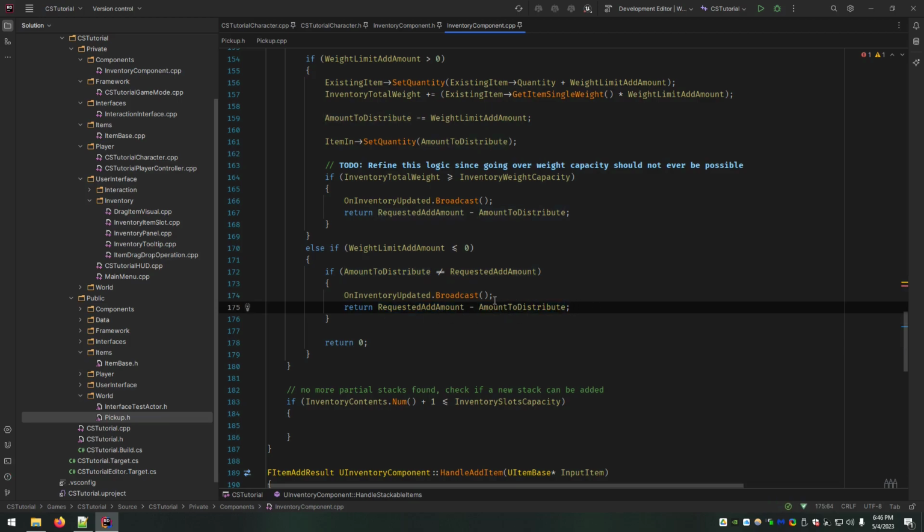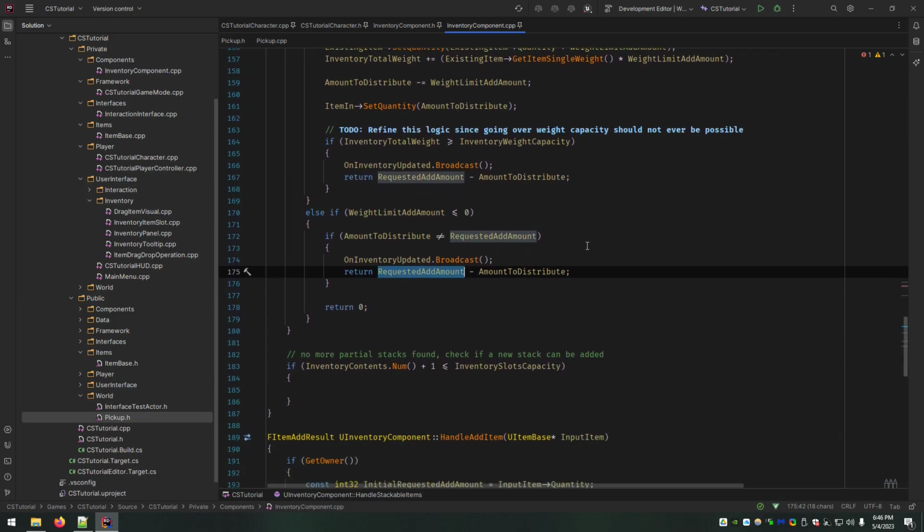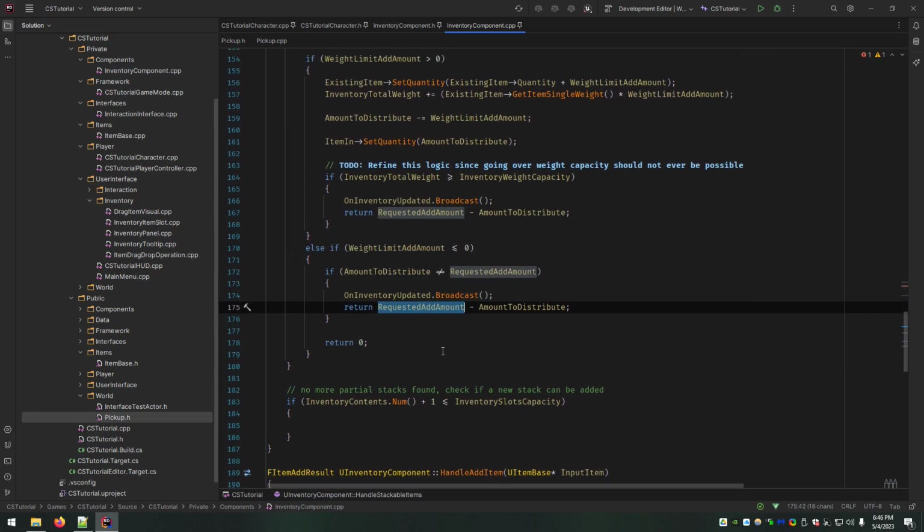Like in that example I talked about earlier, if requested was a 4, amount to distribute has been reduced as this runs. So if requested was a 4 and we actually distributed 4, you would return a 0 here. They are equal, and even though we can't add any more, we were able to distribute everything. So that's why you return a 0.